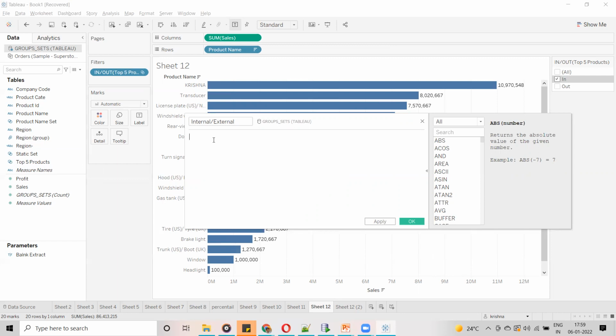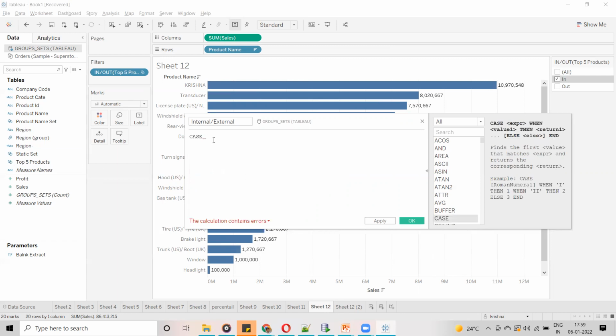Now, as of now we have written if, right? So I am going to write a case statement. Case, then the expression. Expression means we have to give the set name. So top five products.